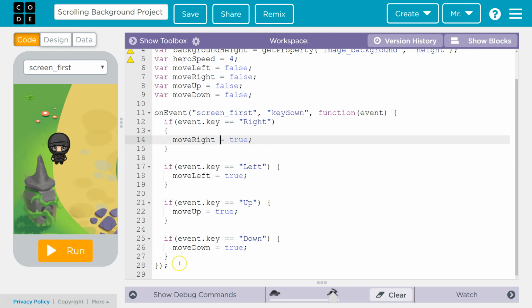So let's scroll down and take a look at this. Whenever we press down one of our arrow keys, it's going to set the corresponding global variable to true. Now we want to make it where when we lift up our finger off that key, it sets these back to false. So we're going to actually copy and paste this event listener, and we're going to make a couple